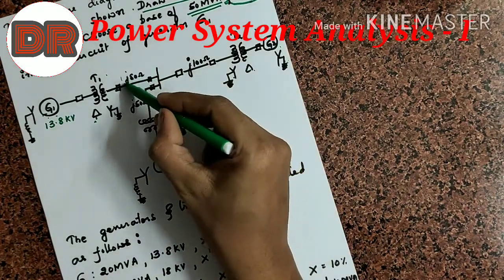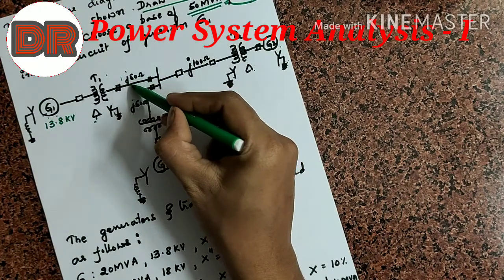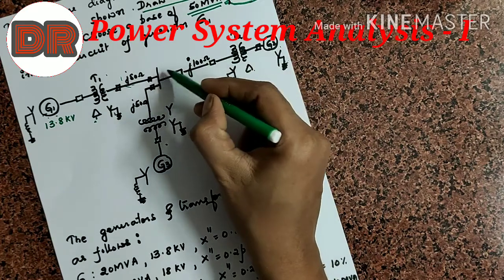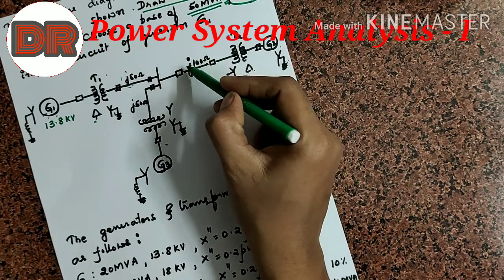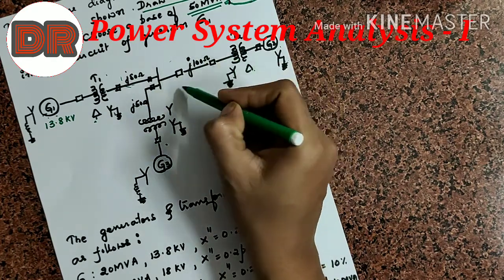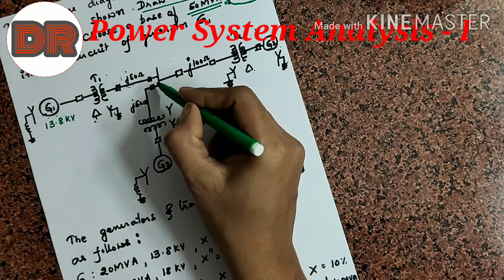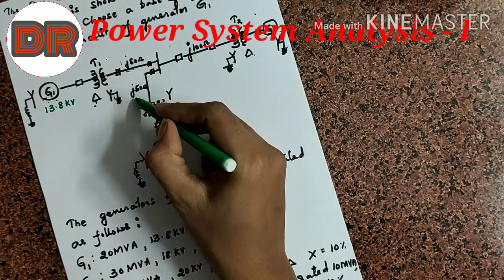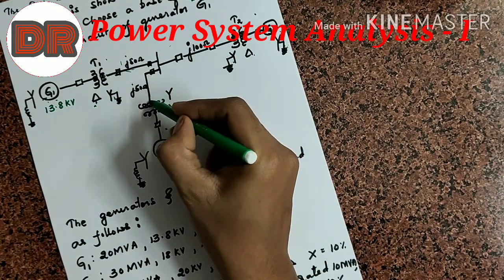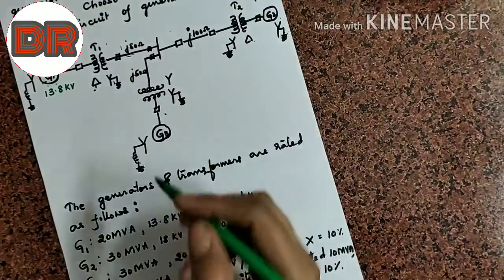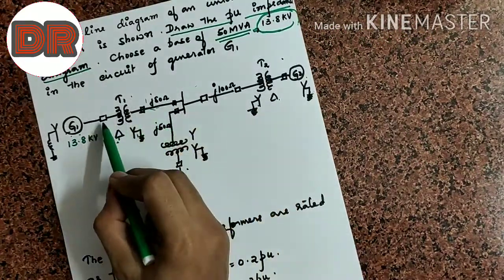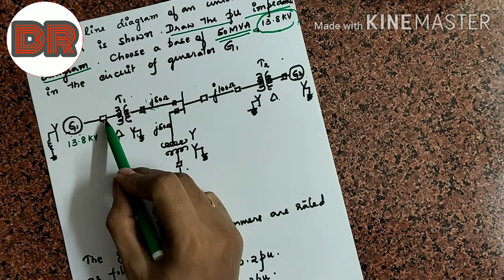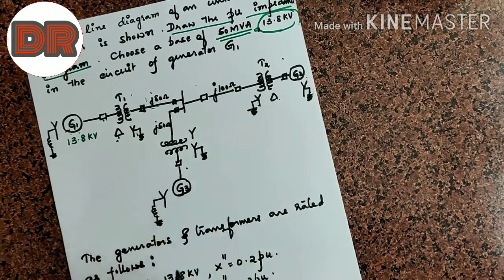This is the ohmic value of the transmission line. This is also the ohmic value, or the reactance value, for this part of the transmission line, and there is a bus bar over here. That's a junction, and J50 is the ohmic reactance value of this part of the transmission line. Okay, fine. Now these are the circuit breakers, so don't worry about this. We are not going to calculate a per unit reactance value for these.